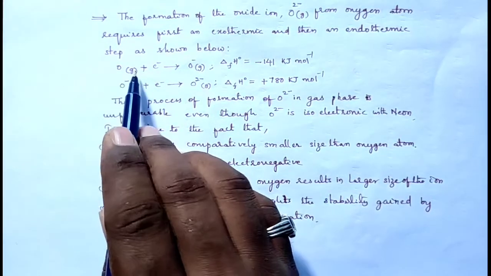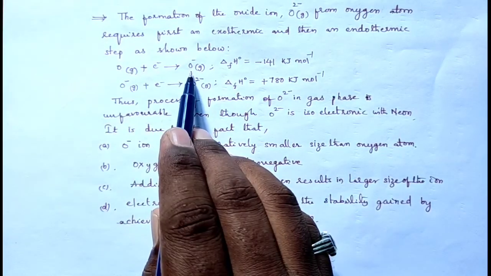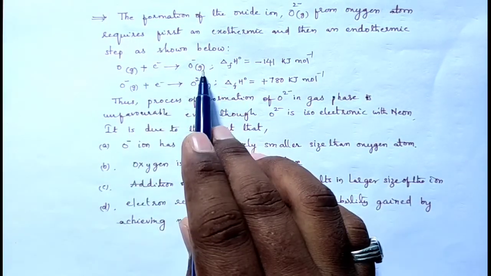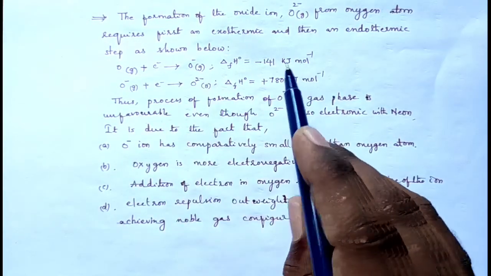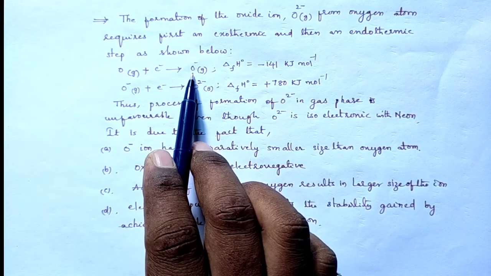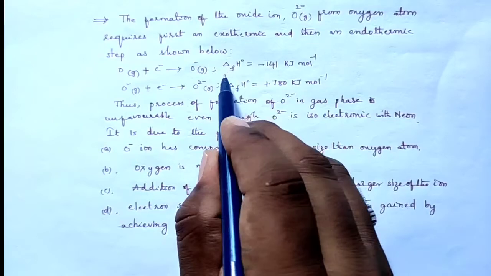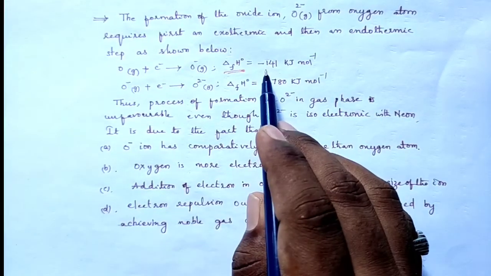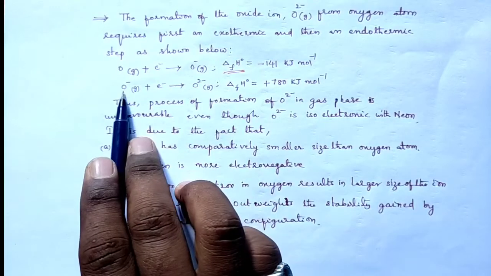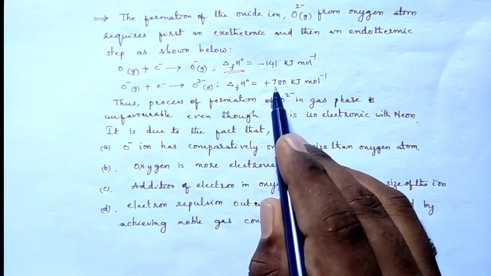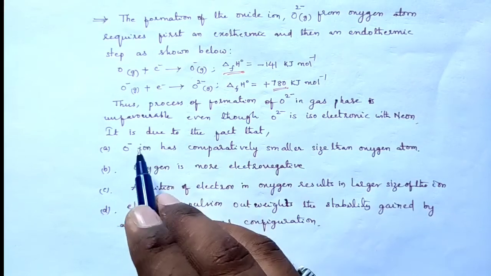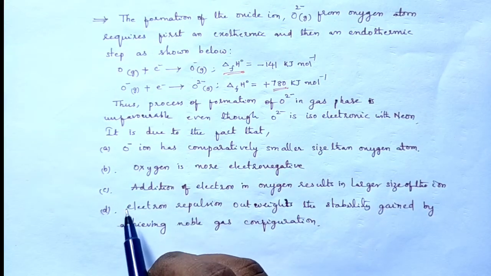So we know to convert oxygen to a uni-negative ion we have to add one electron. That is nothing but electron affinity or electron gain enthalpy. So to add one electron, O minus ion formation takes place. For this reaction, minus 141 kilojoule per mole energy is going to be released, whereas for this process we require 780 kilojoule per mole energy. And which of the following options is correct, they are asking.